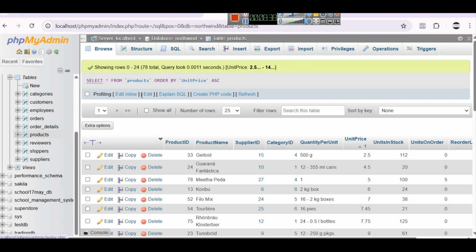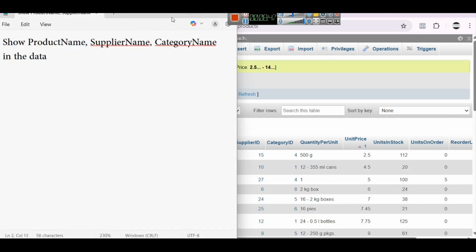In the products table, when you have to write a join query, first write select. Remember the sequence from my previous class? Select, from, join, on. Will you remember this sequence? SFJO. Select from join on. So once you have remembered the sequence SFJO, select from join on, in select write